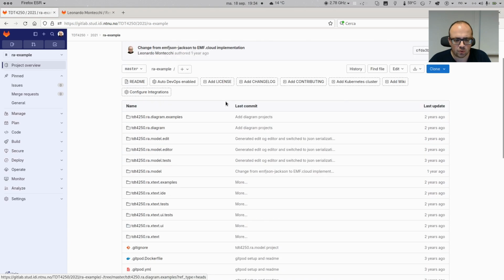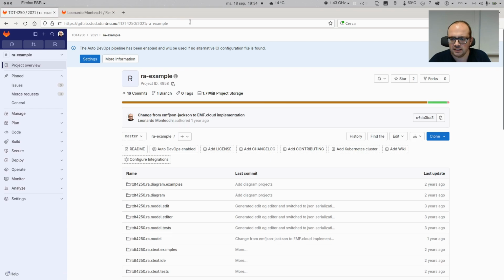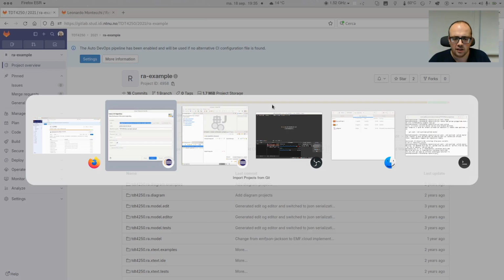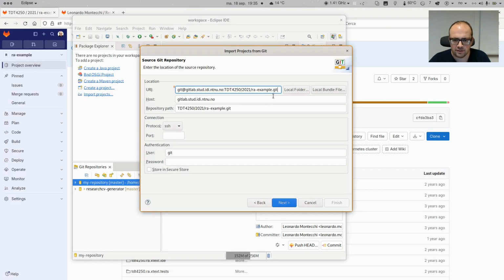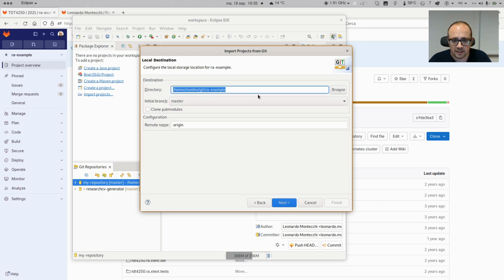We want to clone this one, and it has several projects inside, and so I can just take the URI and then paste it here. So you have here the information of the repository, and then when you click next, you select which branches you want to get and other things, and then most important, you